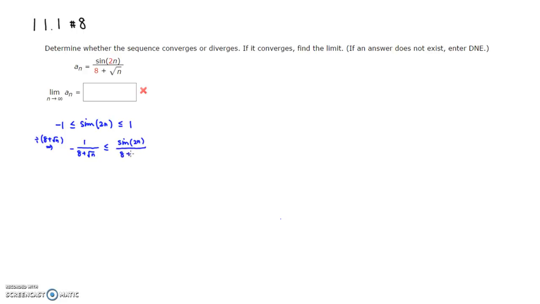8 plus square root of n, which is less than or equal to 1 over 8 plus square root of n. Since 8 plus square root of n is a positive quantity, when you divide through the inequalities, we don't have to change the direction of the inequality. Alright, so we have that. Then this is a great setup for